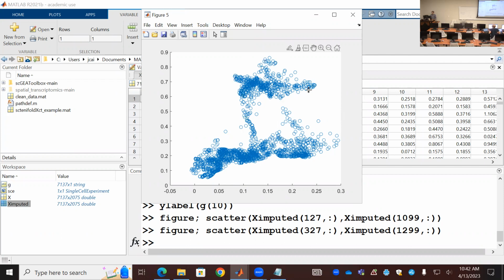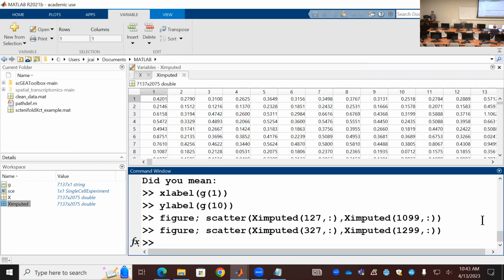Maybe this group of cells has a high expression level in the third gene. Okay. In that case, what we can do is the 3D. Okay, let's do scatter3. Then you put the third gene